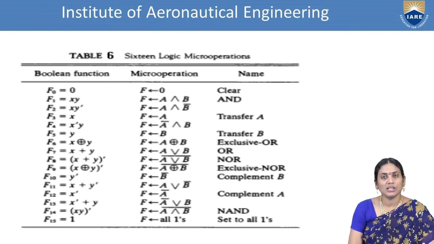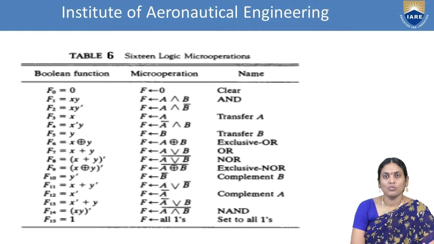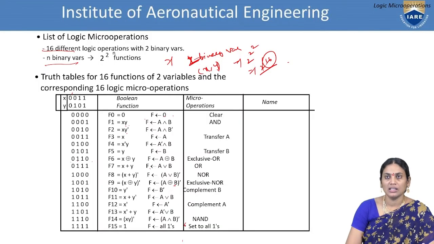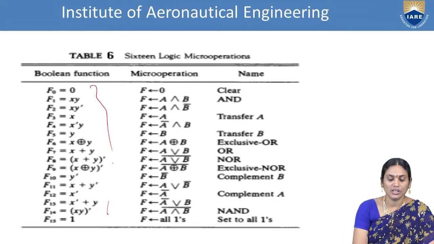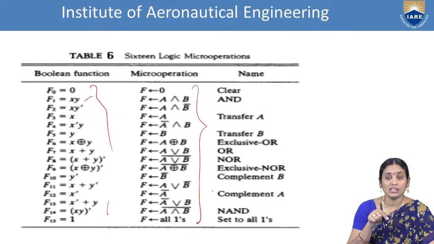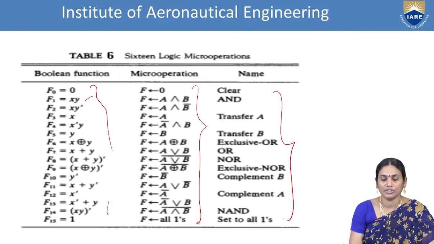So here is the same example, with the context of what we mean by function, what is the logic of a Boolean function, what is the micro operation we have, and what is the name of the corresponding function. The same thing explained in the previous case is clearly explained with the task. These are the Boolean functions where you have a combination of x and y, and these are the set of micro operations which are instructed in the computer to perform the task. And this is the name of the corresponding function. In this way, you are performing the task.